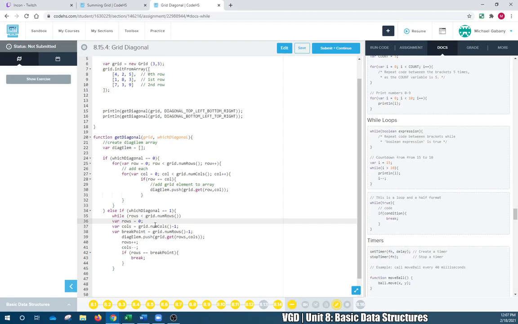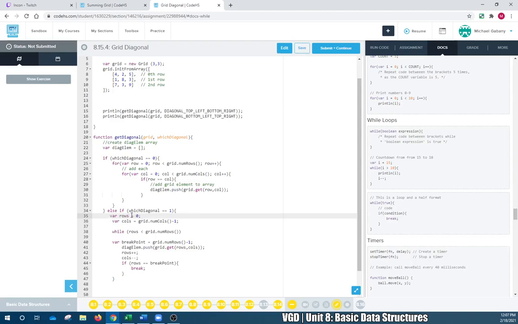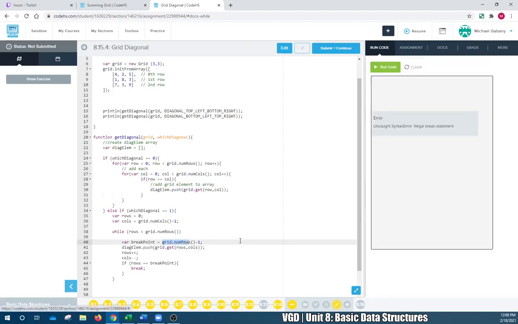This has to be on the outside of it. Because you're going to add, let's say the rows starts at 0. It's going to go to 1. Then it's going to go to 2. So on and so forth. And once it gets to the number of rows in the grid,